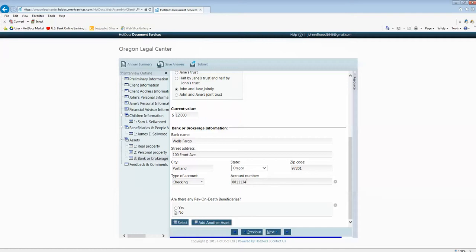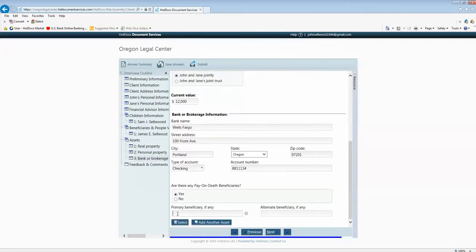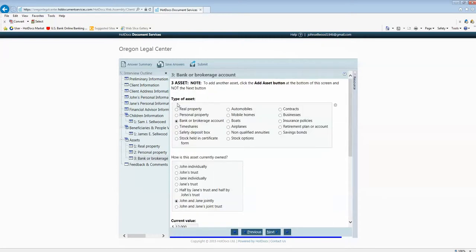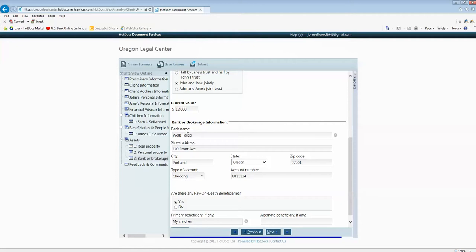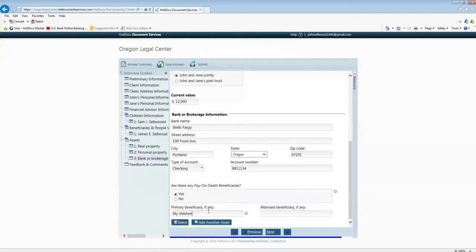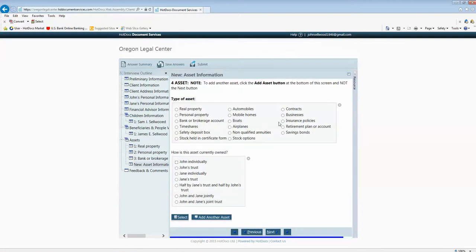And are there any pay on death beneficiaries? Often the answer is no. If yes, you'd name them. So you say yes, and the primary beneficiary would be my children, say, or you could name the children. Then you've completed all the information for this asset, which is a checking account at Wells Fargo. Then you'd add another asset, the screen refreshes, and say you've got a